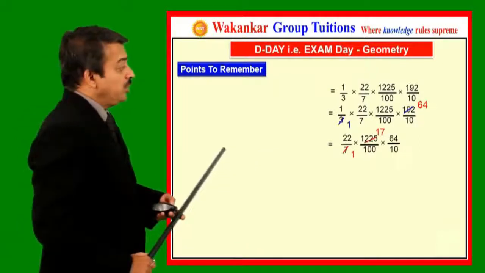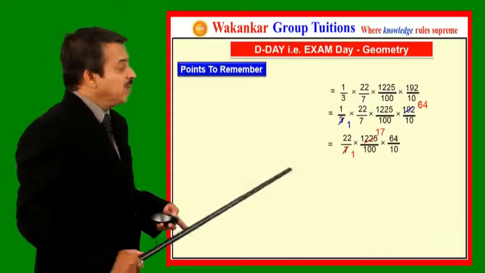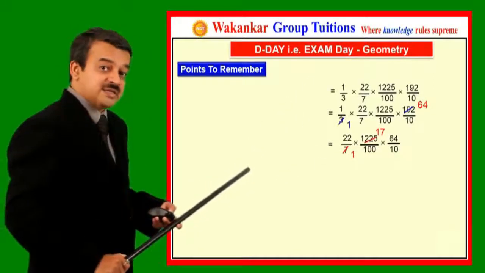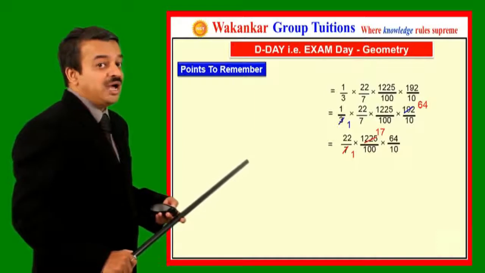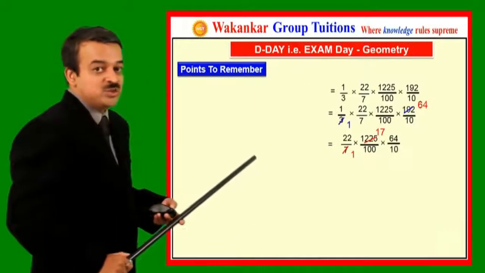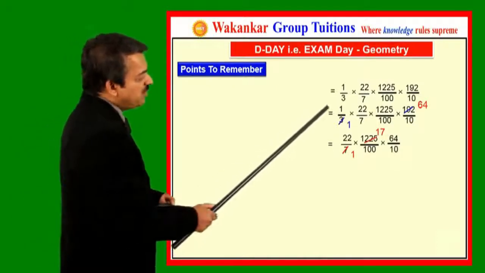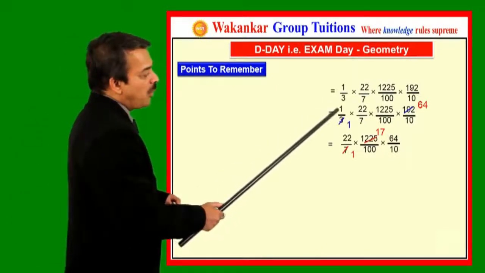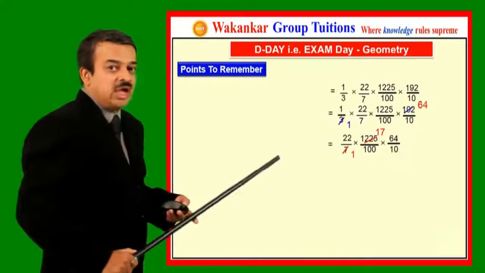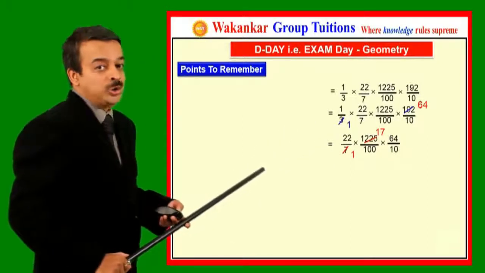1225. Now dear students, remember one thing, this is absolutely correct as far as the mathematics is concerned. But still I will suggest that don't do the calculations in this way. The reason is very simple. If you commit a mistake in this step, quite obviously that mistake is taken on the next line and your entire problem will go wrong.